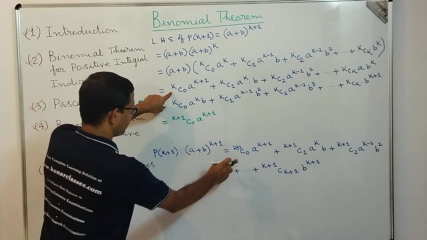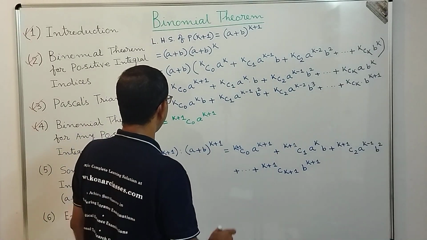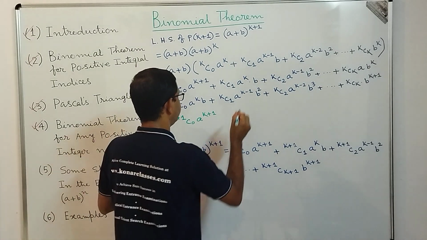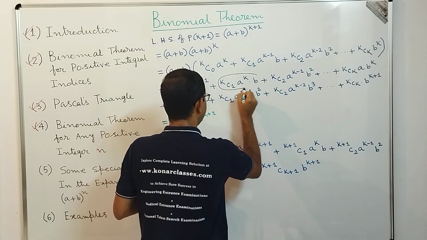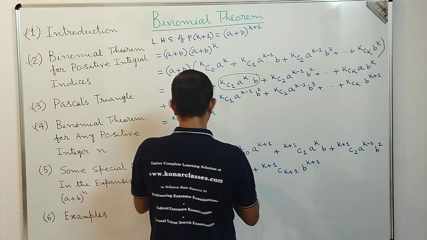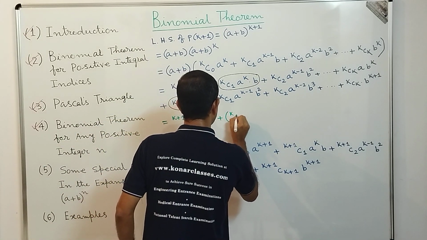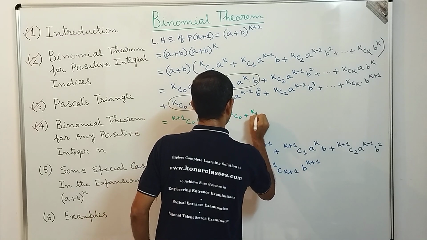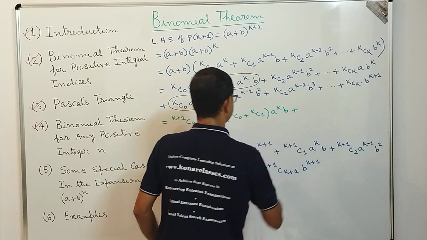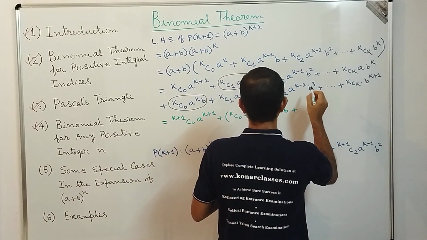So this result we get, the first one, plus a^k into b. A^k into b is there in both these terms. So here, this one, a^k into b, and here also we get a^k into b. So what we get, dear students? We can club this together. So if we write plus (kC0 plus kC1) into a^k into b, plus, if we see kC2 into